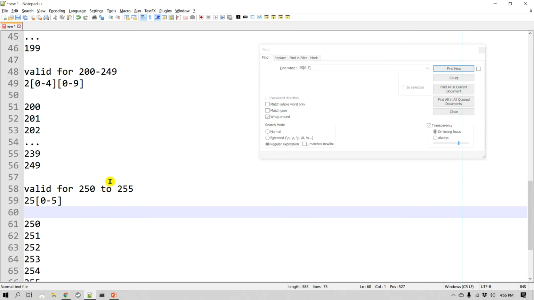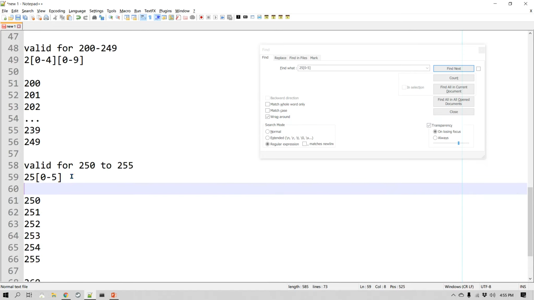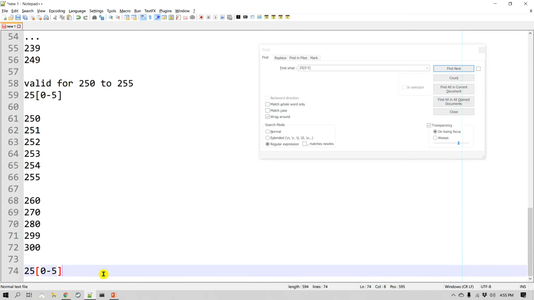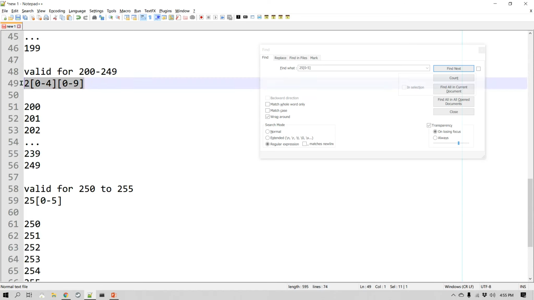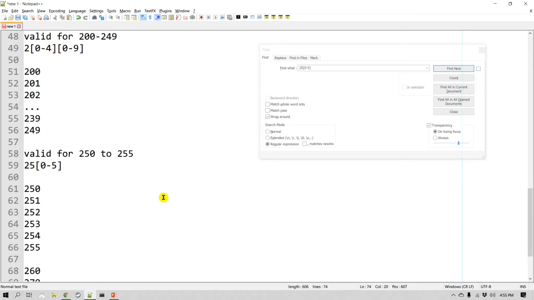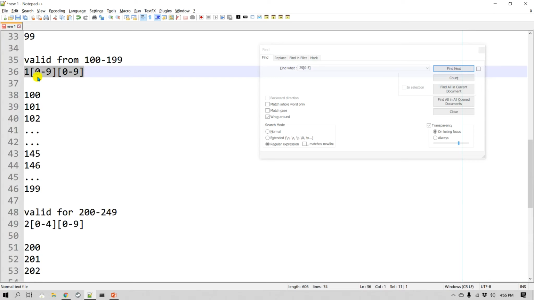All right, so now that we have combined pretty much all the valid numbers, we can merge all of them together. So here is what I'll start with. Let's start here, and I said this. Now the IP address can be any number from 0 to 255, so we have to use the OR operator, which is this one. And so I'm going to pick this also, right? And then I'm going to pick 100 to 199.